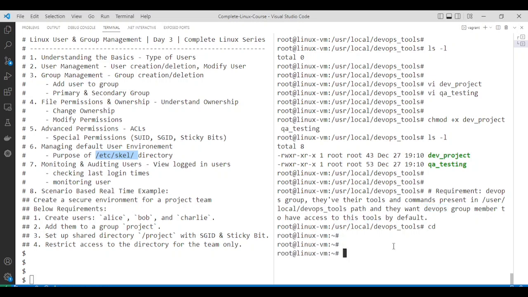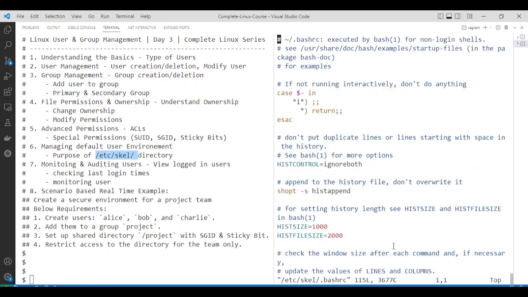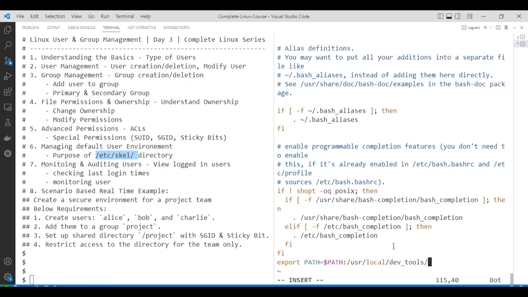So let me make changes to the /etc/skel directory. So /etc/skel followed by .bashrc. The .bashrc is the file where you can add functions, aliases, paths which will be default to the users when they get created. So let me change the .bashrc file,